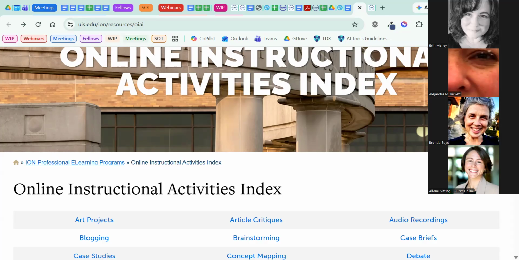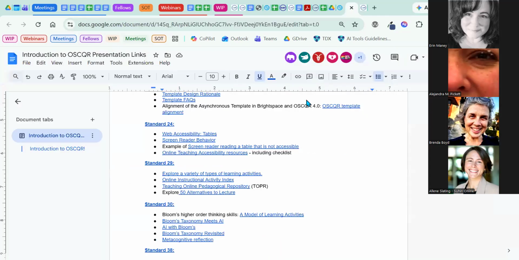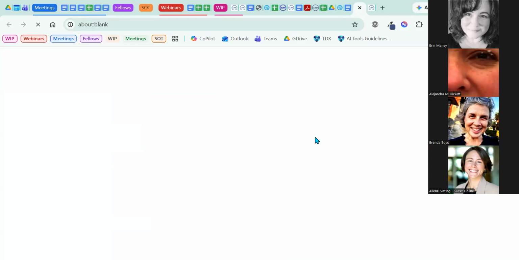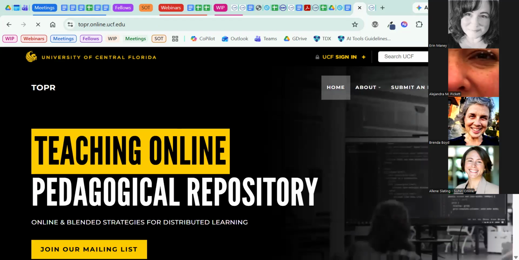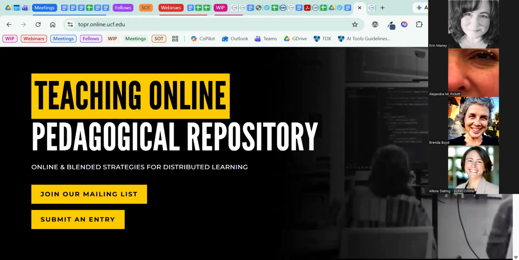I also want to point you to a wonderful resource by our friends at the University of Central Florida. They have a database called Topper, and Topper stands for Teaching Online Something Resources. Aaron, you probably know what it stands for, but anyway, it's a repository. It was grant funded. People submit things to it, and there's a particular process and format for that, and the activities or the things that are submitted are peer reviewed and then get included in the repository or not, depending on whether they meet the criteria or not.